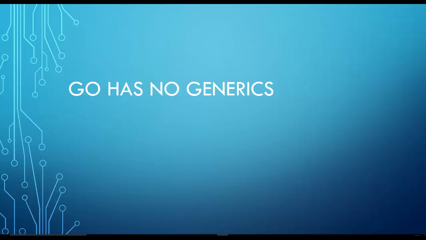Go has no generics. People have been complaining about this since the language started. Generics allow you to write reusable code by having generic implementations. That means you're not statically building a function that can only work with one piece of data. With a generic, you can say, I'm going to build this in a generic form so that I can have different types get passed in and different outputs. So the lack of generics in Go is definitely a problem with the language.